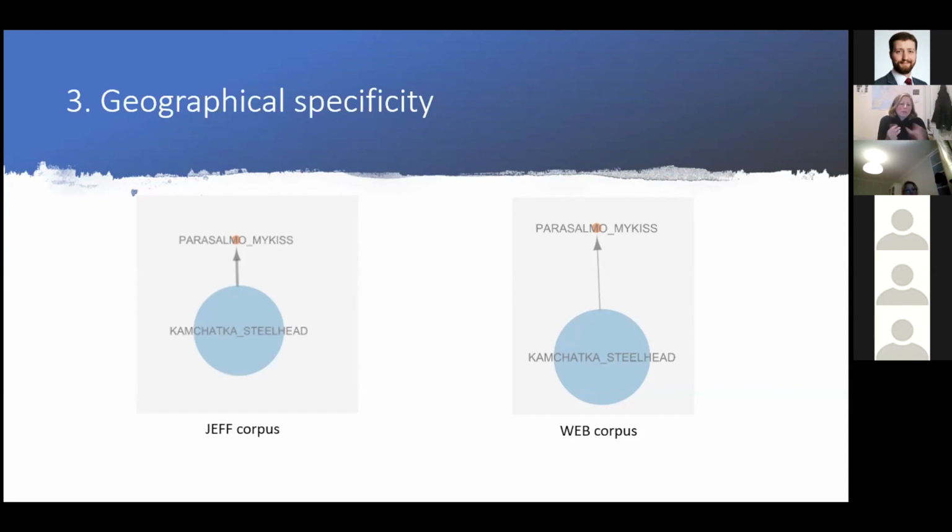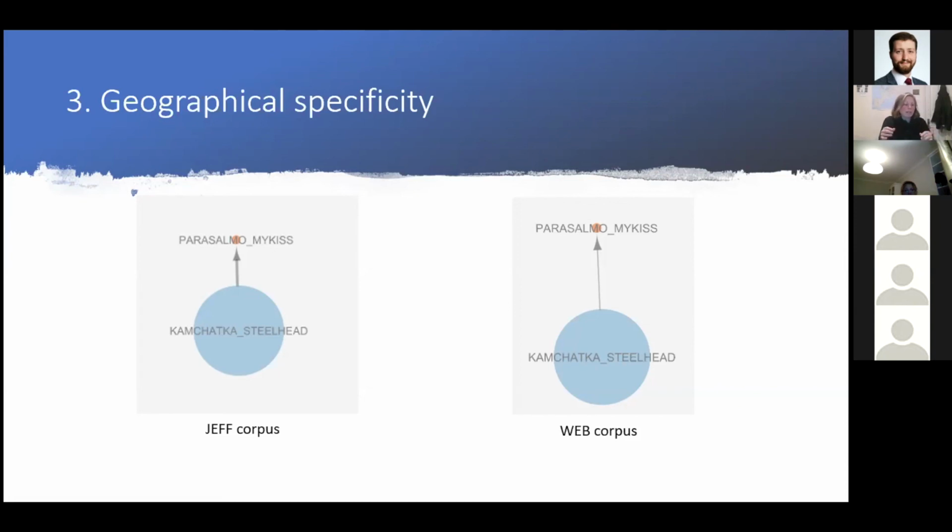With the geographical specificity, one of the things that I found, and this is just one example, was a variant that appeared in both corpora: the Kamchatka steelhead. Kamchatka is a place in Russia, and it was only linked to this particular incorrect, or not accepted, variant of the scientific nomenclature, which is Parasalmo mykiss. So whilst it was a very infrequent mention, as you saw at the beginning, it indicates that there may be some geographical specificity, not only in the vernacular name, which actually refers to a geographical place, but in the choices of scientific nomenclature. This was also supported by the fish expert that I spoke to,